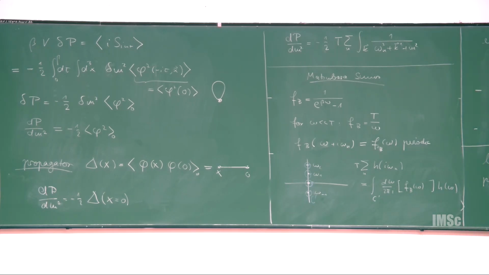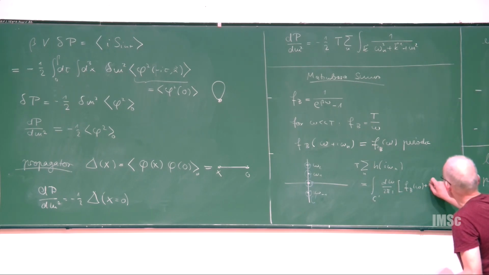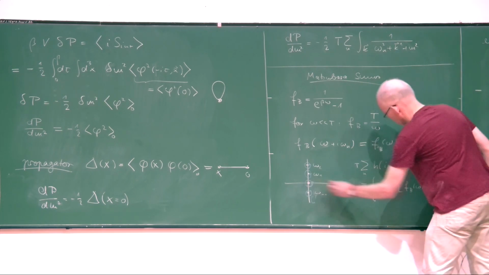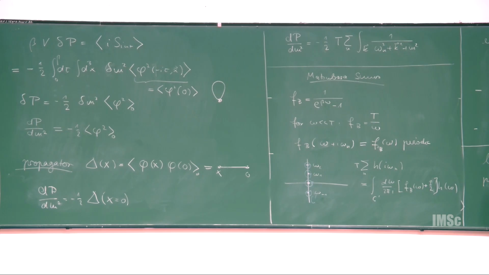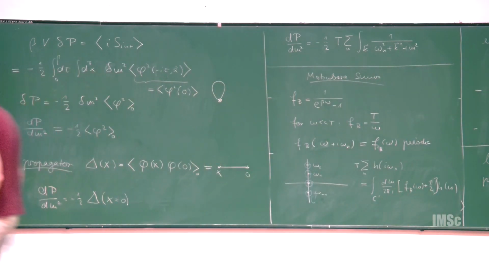Now it's convenient to put in a constant, which has no pole. That doesn't change the result, because if you shrink the circle around the constant, you get 0. So here you have the plus 1/2. I include it; it's a bit arbitrary, but we will see in a moment why it is useful. And then we have this integration contour, and we deform this contour like this.